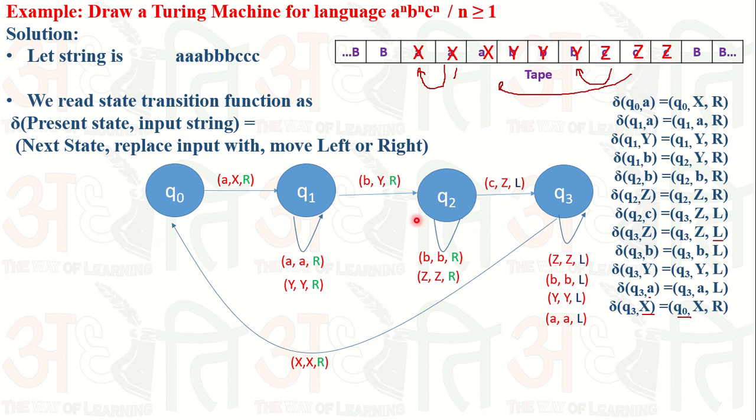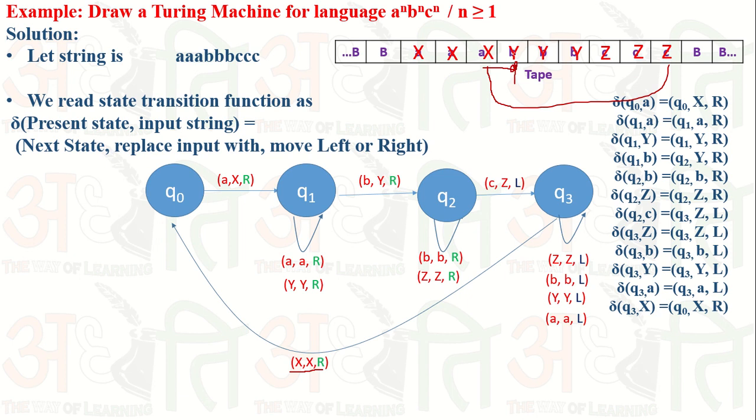When we find the x, now at this state, what is the next state? What is the next character in this string or in this tape? Then this tape, after this final C marking, I can easily say that I am here, and when we move this step, we replace x with it and move right. So right now I am reading this y.